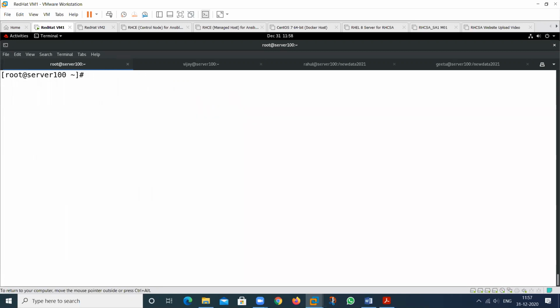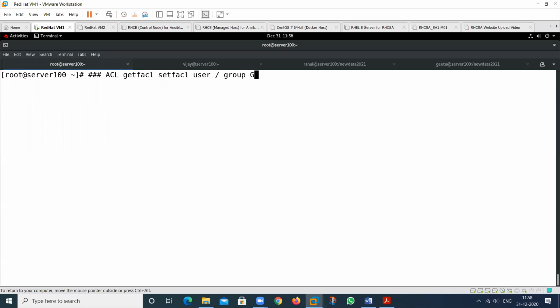So this is about the ACL. In this we have discussed two commands, that is getfacl and setfacl. We can apply the ACL on the user, and we can apply the ACL on the group.